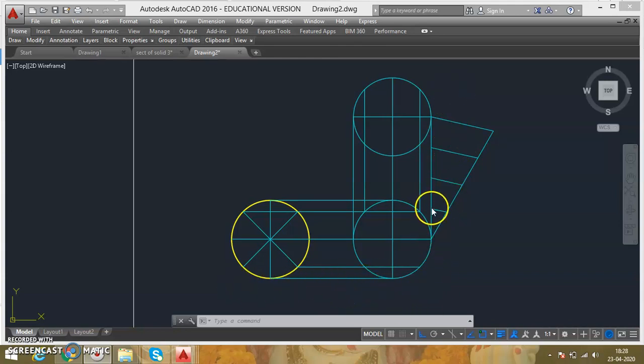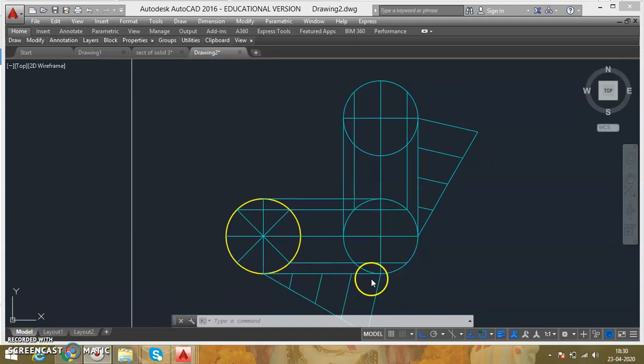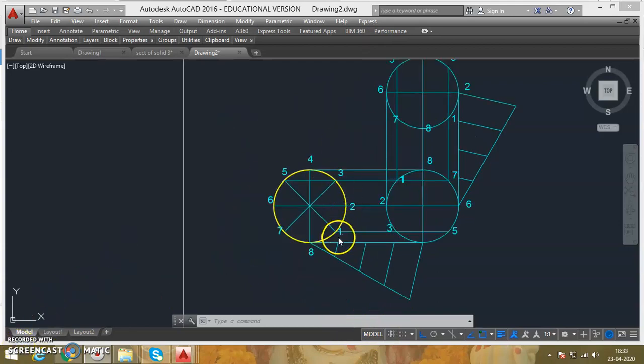You can just take this much distance in the compass, any distance, because all distances should be same. You can take this much distance in the compass and put it here and just go on marking the divisions. So we have divided both the lines into 4 equal parts, 4 here and 4 here. Now you can just give the naming to all the points. So I can mark the points. For example, this is 1, 2, 3, 4, 5, 6, 7, 8.